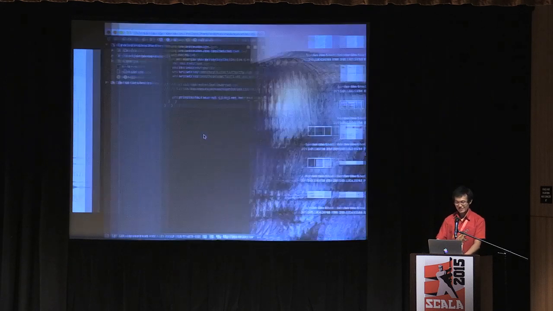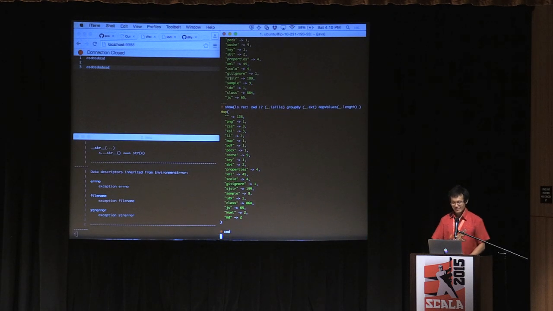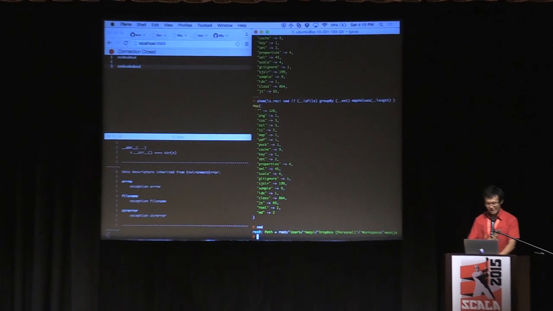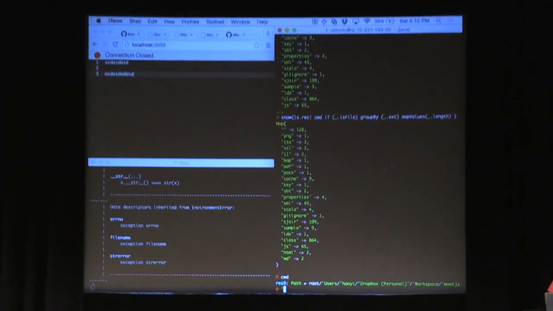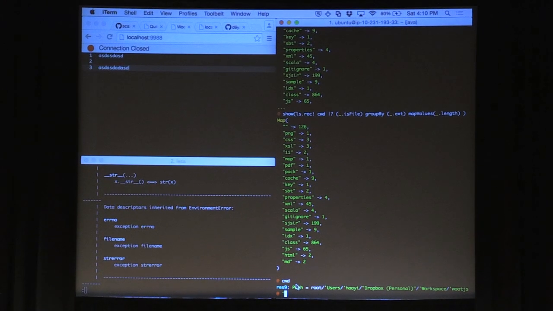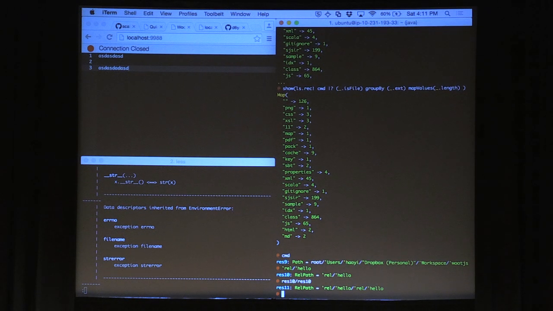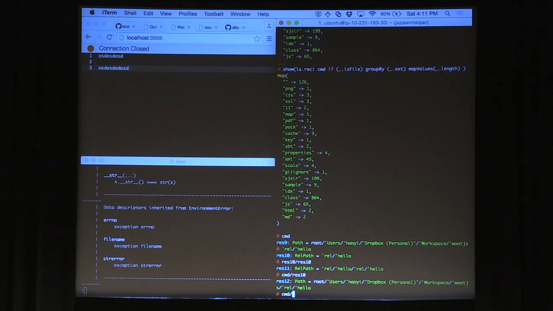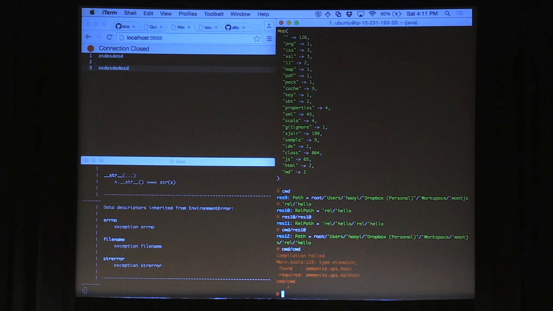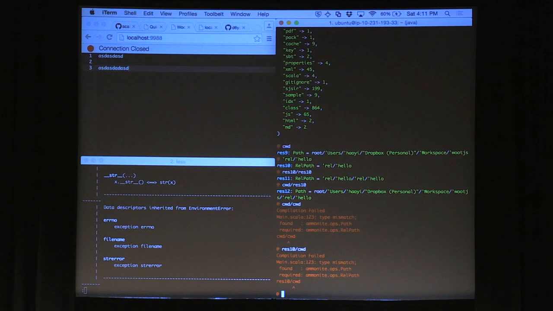So one cute demonstration is that I have my current working directory. The current working directory is an absolute path. I can have relative paths. I can combine relative paths with other relative paths. So res10/res10, a longer relative path. I can combine an absolute path with a relative path. I cannot combine an absolute path and an absolute path, or a relative path with a relative path. Sorry, or a relative path with an absolute path.